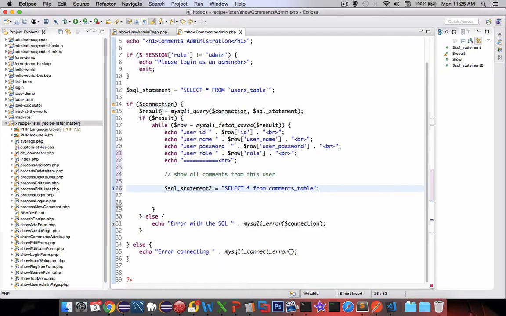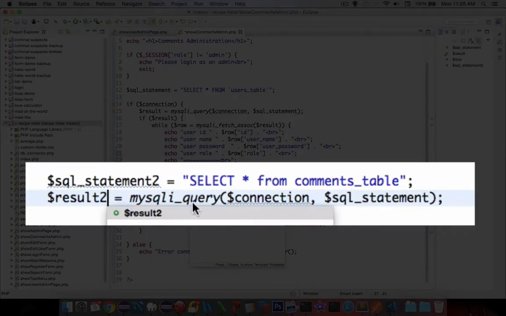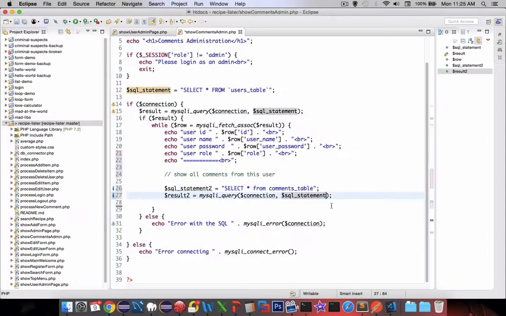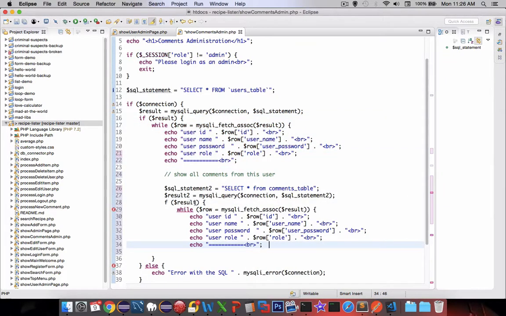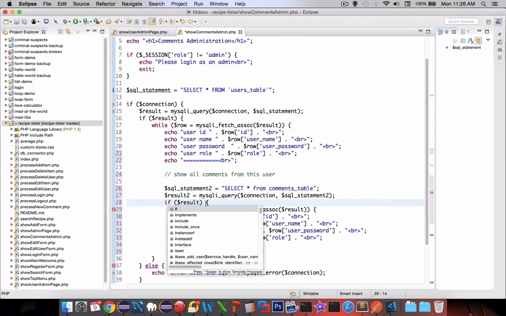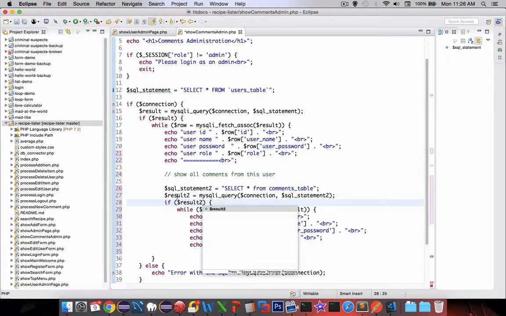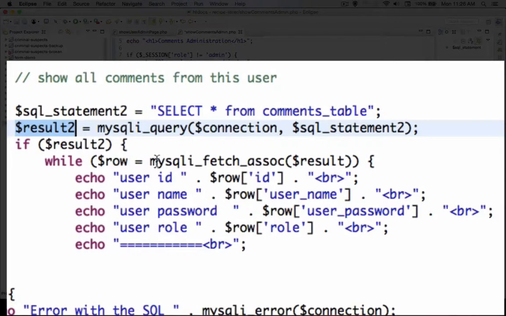Looking at the model that we've got up here, we've created the SQL statement. We know that the connection is already true and working because we're inside of this area. So we're going to use this as our model. I'm going to say result 2, and the connection is going to look at SQL statement 2. Now we're going to have an if statement, if the results, and then a bunch of stuff. So let's copy that, and if the results are valid, meaning result 2 is valid, then